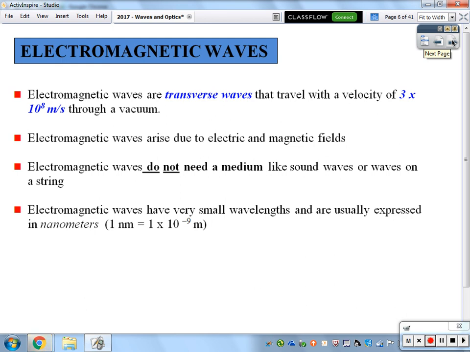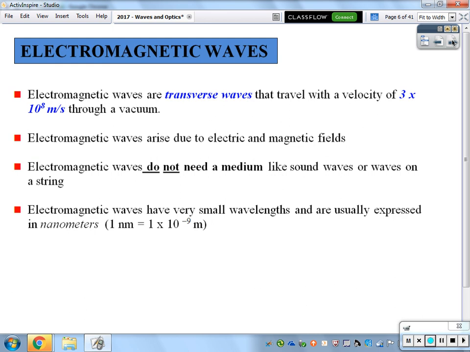Electromagnetic waves. It is worth saying that all electromagnetic waves travel at the exact same speed through a vacuum, meaning that there is no particular matter that would slow it down. That is more than just visible light. The entire electromagnetic spectrum will travel at 3 times 10 to the 8th meters per second through a place like space where there is no resistance to its motion. Now, it really is 2.99 followed by a whole bunch of other digits times 10 to the 8th meters per second.